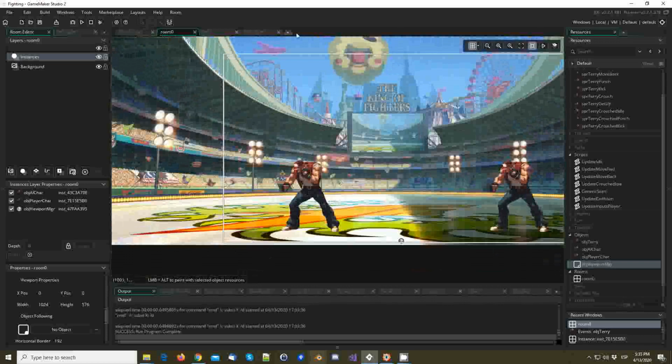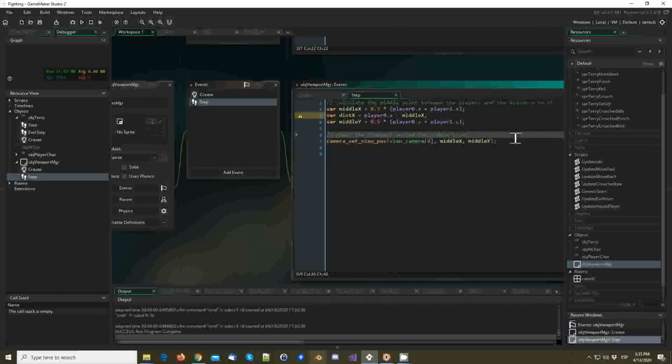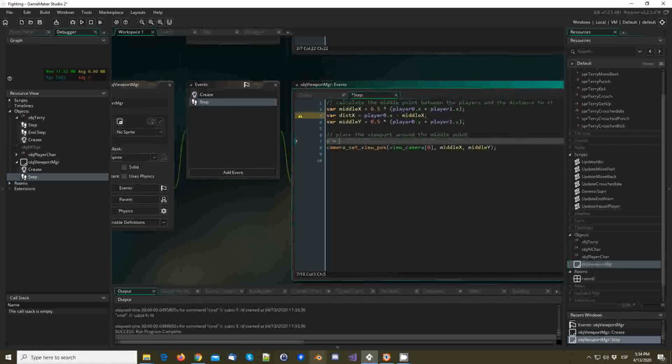So the y is going to be down, so 0 is this one, so it's going to be here. So we want the minimum of middle y and room height minus